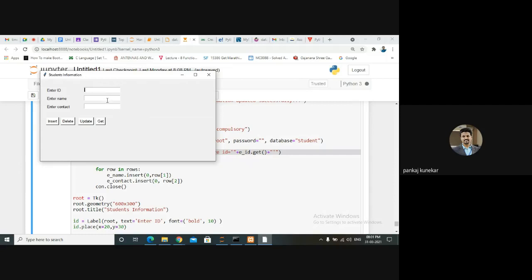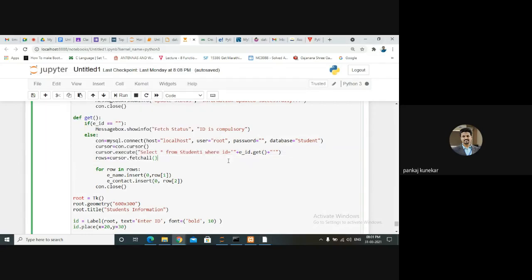So I want to retrieve all the data from your table based on your ID. Select will retrieve your data, but I want to fetch all, and I want row wise content. This is compulsory for your retrieval. Whenever we have a select statement, we can use the fetch all method. So cursor dot fetch all will retrieve all the data row wise and store it in the rows variable. And one by one, I want to display the content of your rows.